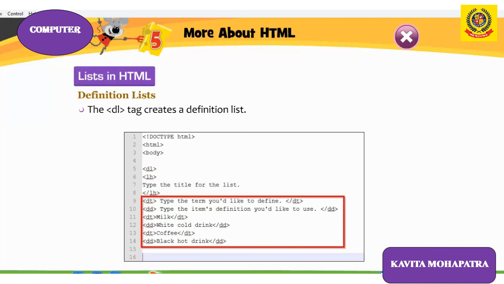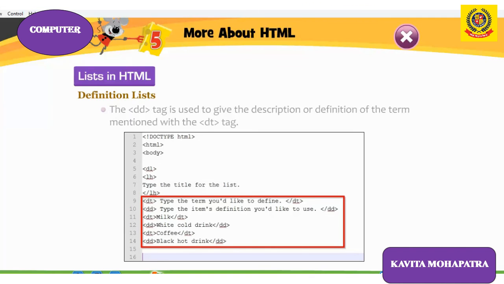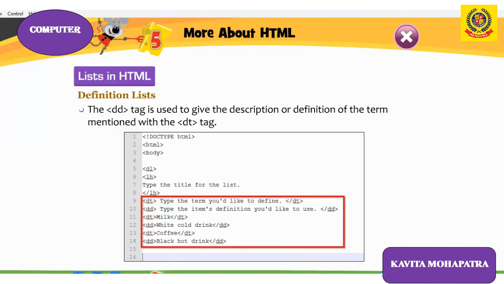So what are the full forms? The DL tag creates a definition list. It is given on page number 81. The DT tag is the definition term you would like to define, and the DD tag is used to give the description of the definition term mentioned in the DT tag.